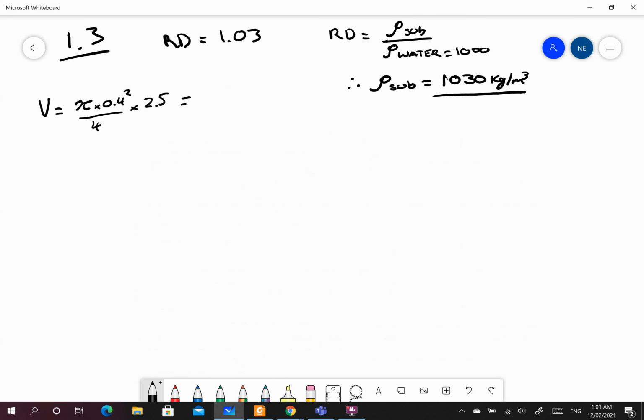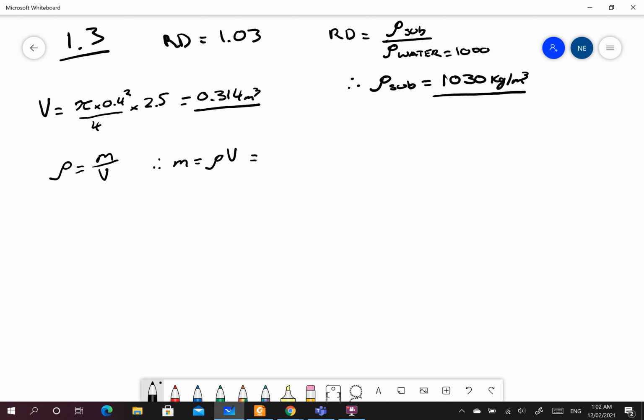This is equal to 0.314 meters cubed. So that's the volume. Okay, we come back to our initial formula. So rho is equal to mass on volume. So therefore, my mass is equal to rho times the volume,